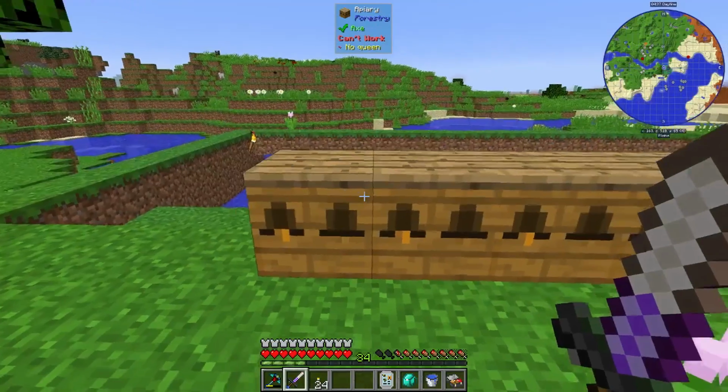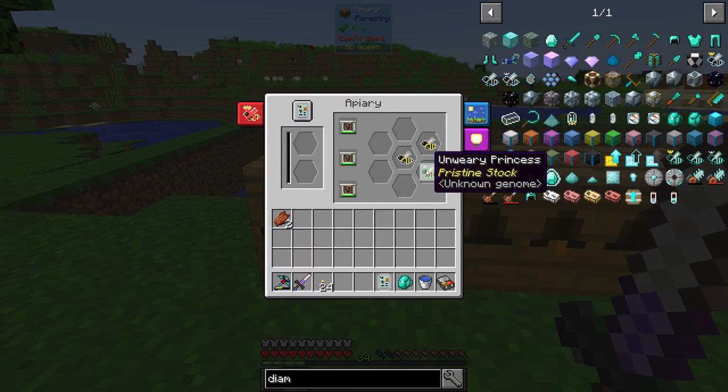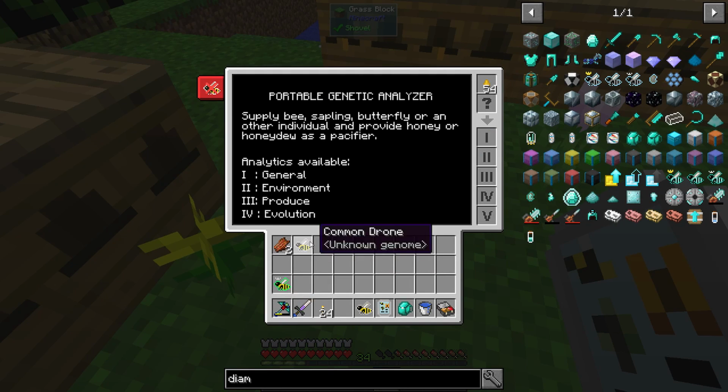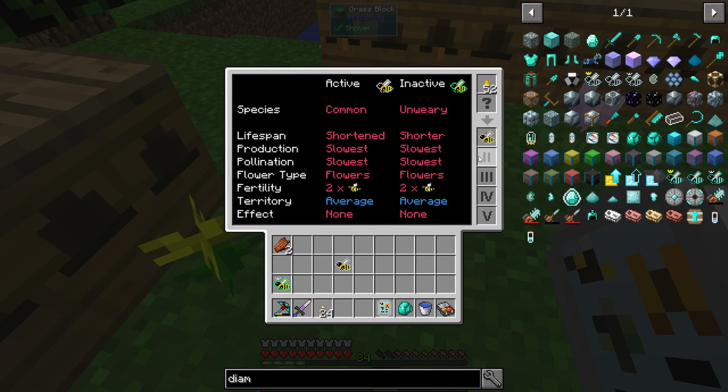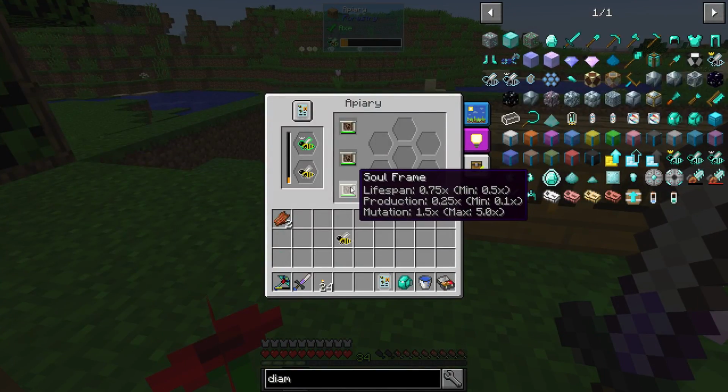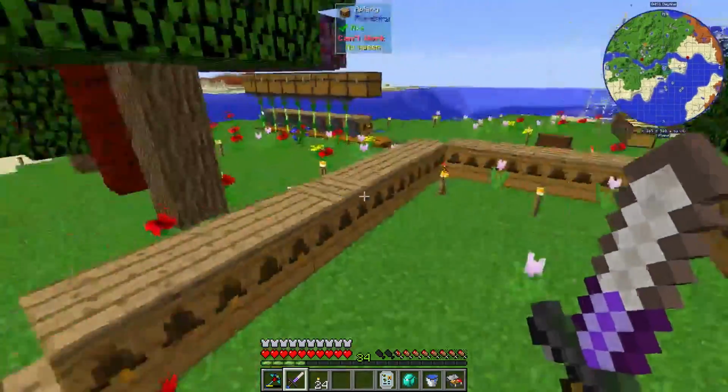I have unwary. I've basically been getting them quite a bit. It's an unwary and an uncommon. Common, and an unwary and uncommon. So I'm going to go ahead and mix these together. Now you're also going to see these soul frames. Now what soul frames do